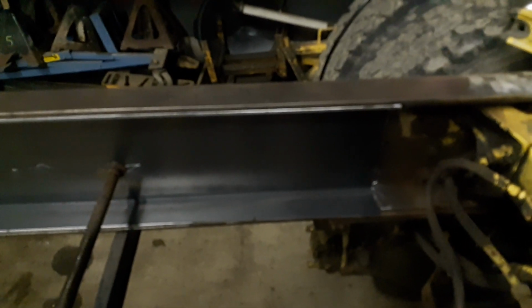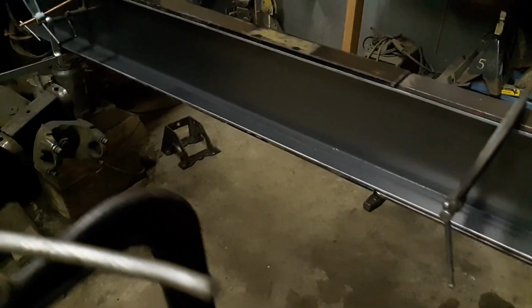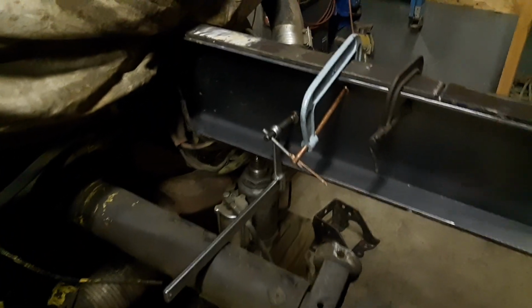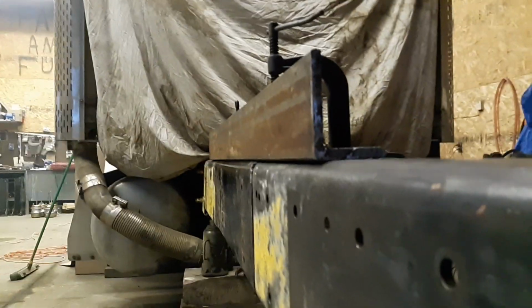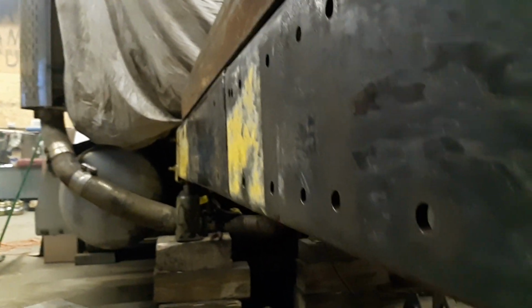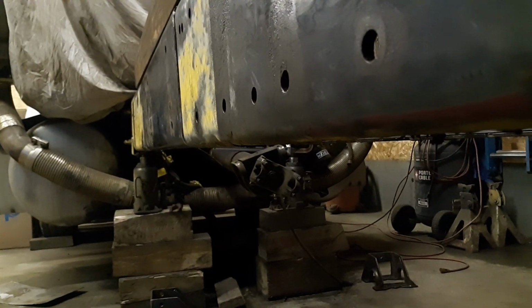Have a look. I don't know if you can see that. This is all just kind of temporarily in place. We'll focus here. Here's our inner frame. Insert, going all the way up to the front. It's hard to see in there. This here is for getting everything pretty level. Like I said, everything's just clamped together right now. We got our 2 bottle jacks here so we can adjust up and down